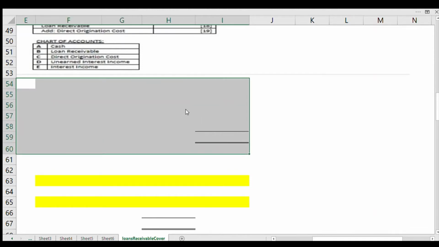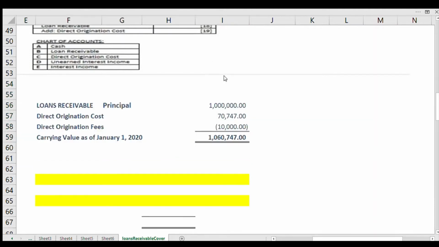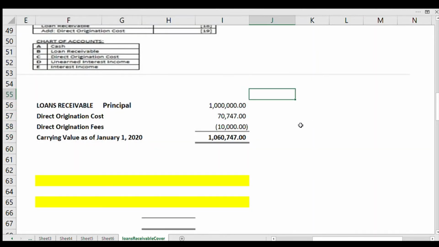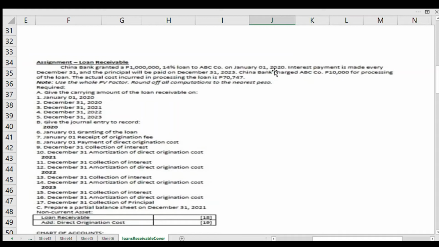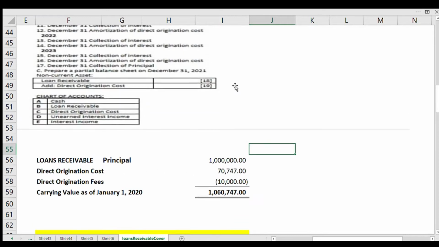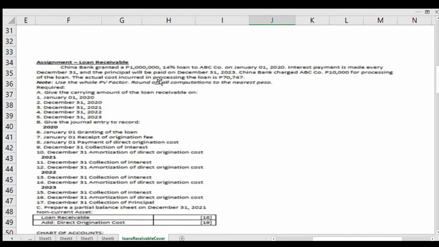In this type of problem, ang unang-unang tinatanong dyan, yung carrying value ng loans receivable at the time of granting of the loan. So, kung ating titingnan ng solutions, no? Loans receivable principal is 1 million as what we see in the problem. Okay, 1 million. This is a 14% loan. Okay? Tapos, merong direct origination cost. Ang direct origination cost is the actual cost incurred, no? In processing of the loan. Yun yung